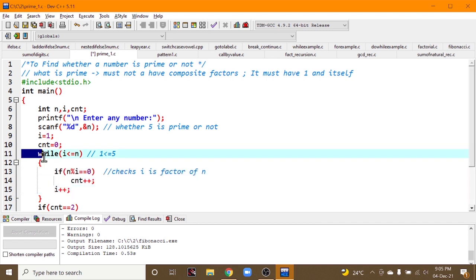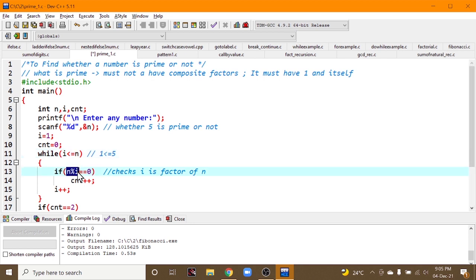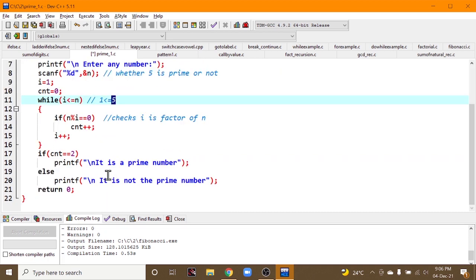So for each iteration before that number, before 5, we check all numbers 1, 2, 3, 4 and 5 as well, because we have given equal to, checking each and every number. If more than 2 numbers are factors of this number n, that will not be a prime number.